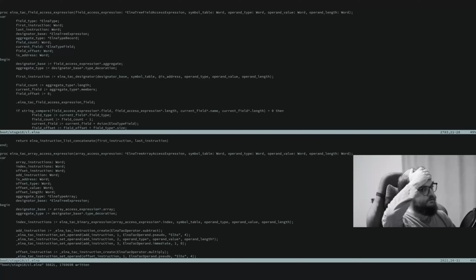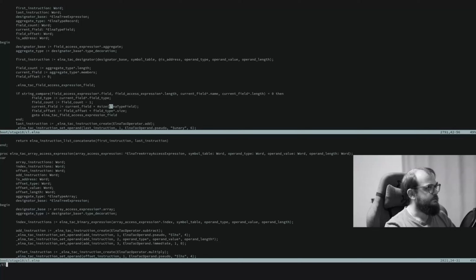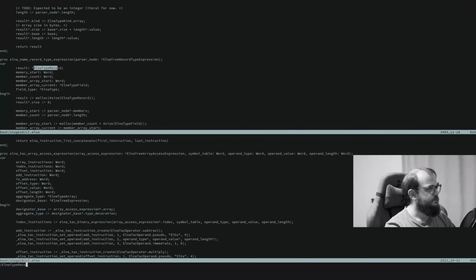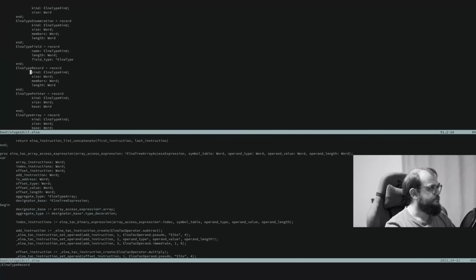Length, I think, is the number of the fields, and members is a pointer to a field array. So let us look at ELNA type record. It is defined here, so it has size, and size is the size